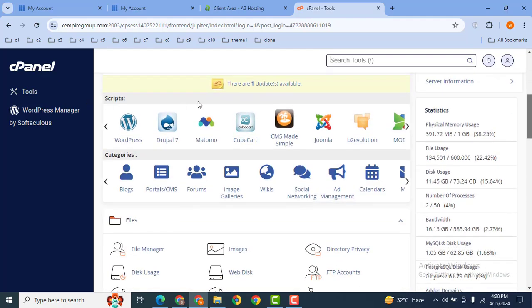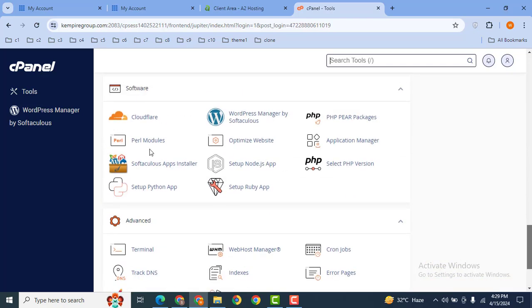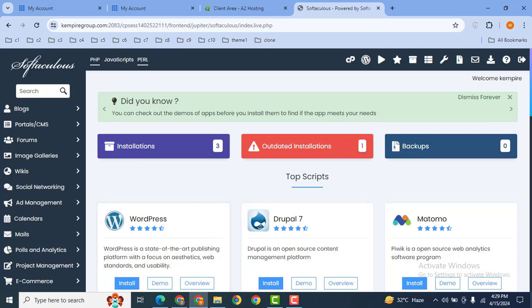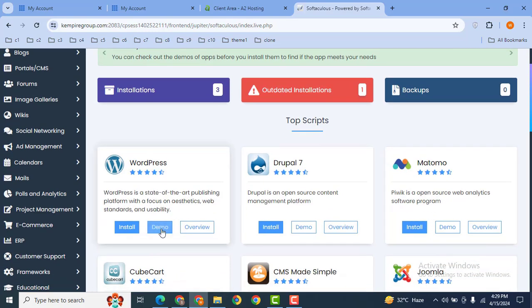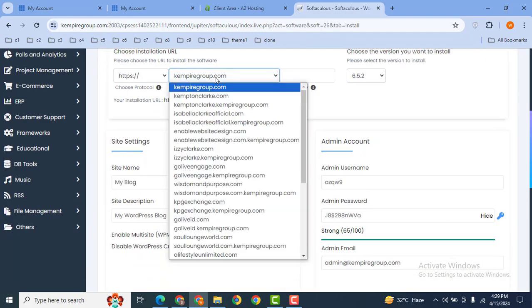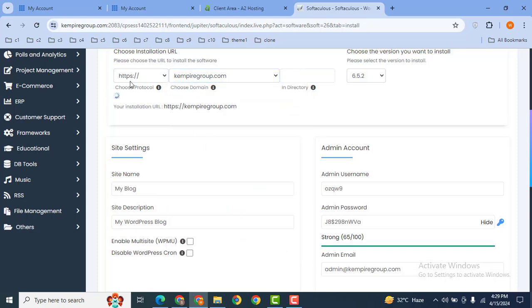Then scroll down, you will find the WordPress section. Scroll down, you will also get this type of installer. Then here you can see these are various management systems. We can install WordPress from these. After that scroll down, here you need to select the website for which you want to install WordPress. Then here you can select